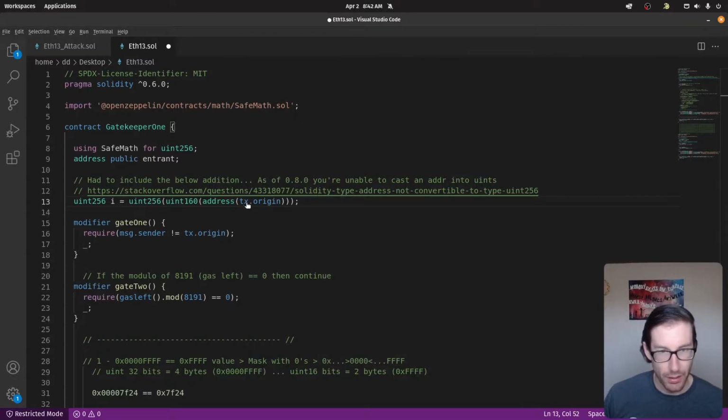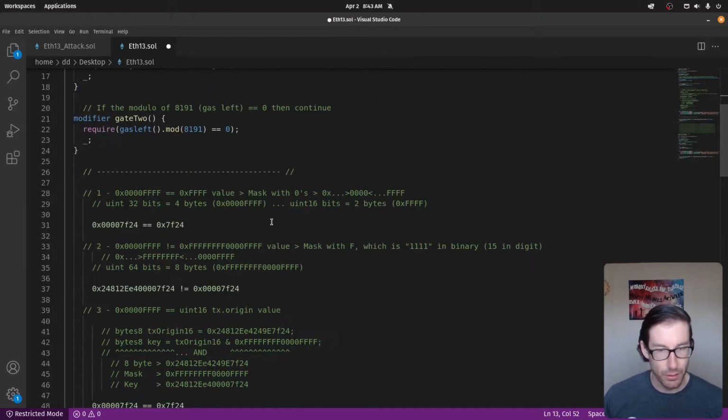So we have our address. We're labeling it as an address. We're then going to cast that into uint160. We're going to cast that into uint256. And then we're going to place that into this variable. So once we've gone through all this, down here you'll see